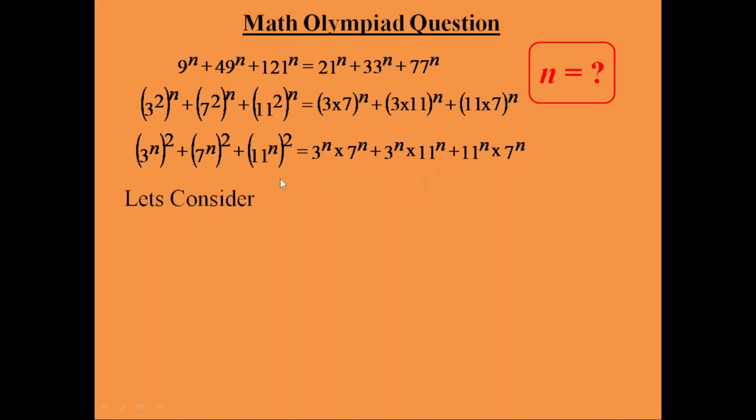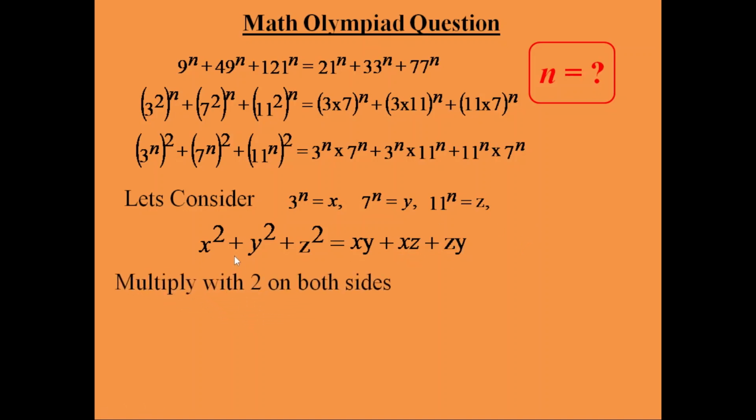Here, let's consider 3 power n as x, 7 power n as y, and 11 power n as z. When we substitute these values in this equation, the above equation will become like this: x square plus y square plus z square is equal to x into y plus x into z plus z into y. Now multiply with 2 on both sides. This equation will become 2x square plus 2y square plus 2z square is equal to 2xy plus 2xz plus